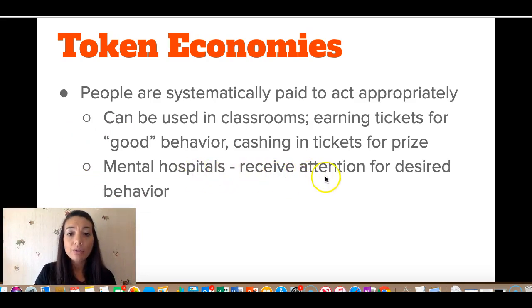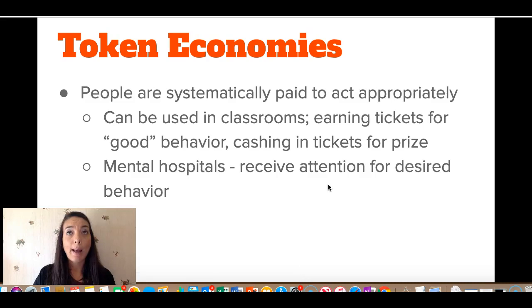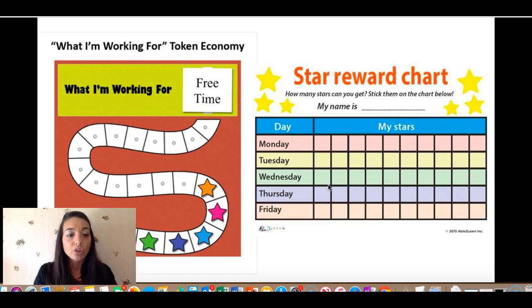So in those situations, instead of having a Benson buck or a star on a chart, they might receive attention for desired behavior. So maybe they get an extra session with a counselor. They get more visitation rights, those types of things. Okay, so here are examples of token economies in the classroom.